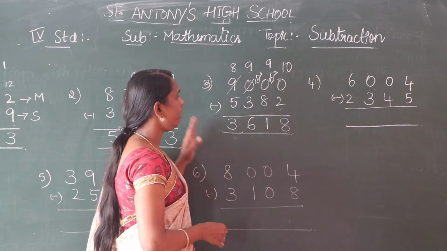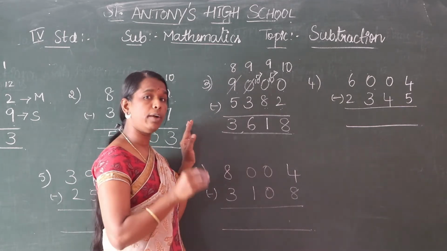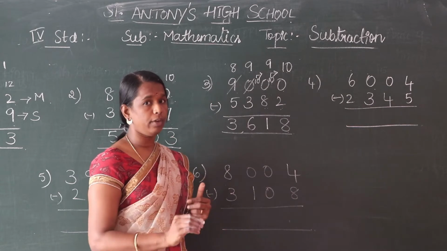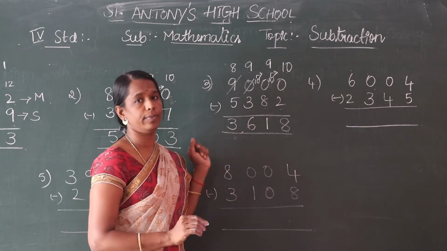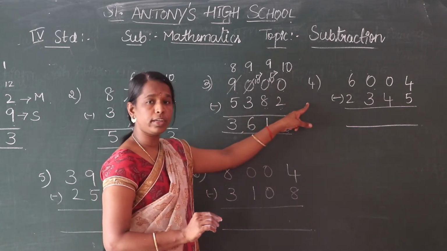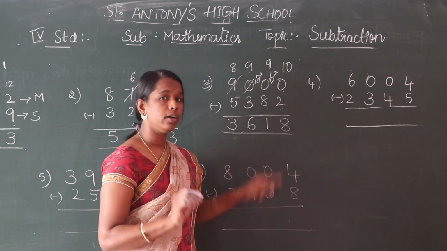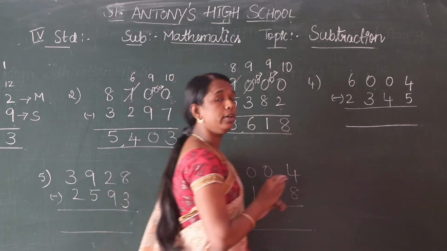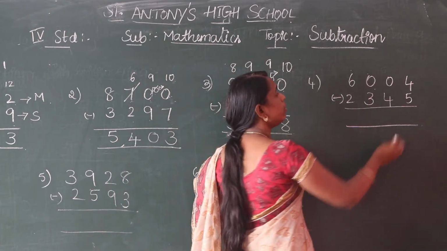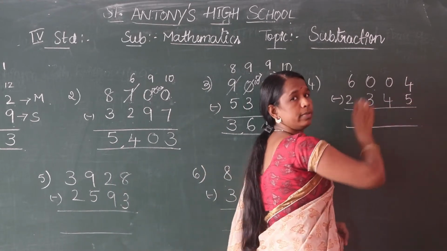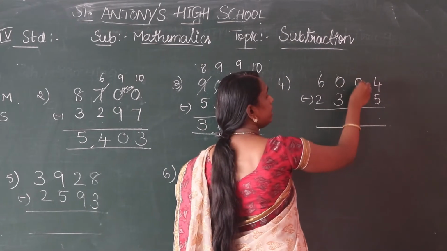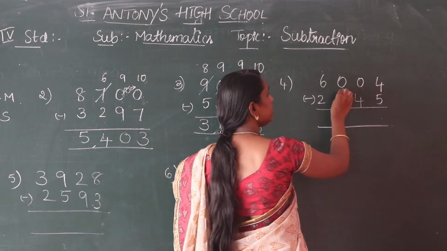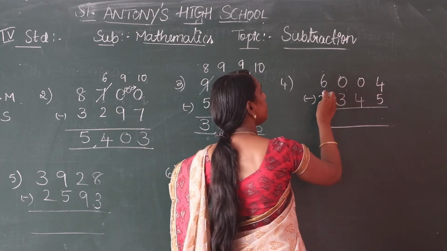3618. While doing these sums, you have to solve with me only. Okay, take your pen and rough book. You have to do it yourself. Write the question in your rough book, or it may be the homework book also. So 4 minus 5, it is not possible. So take borrow from the nearest place. In the nearest place, tens place and hundreds place is 0. So take borrow from the thousands place.